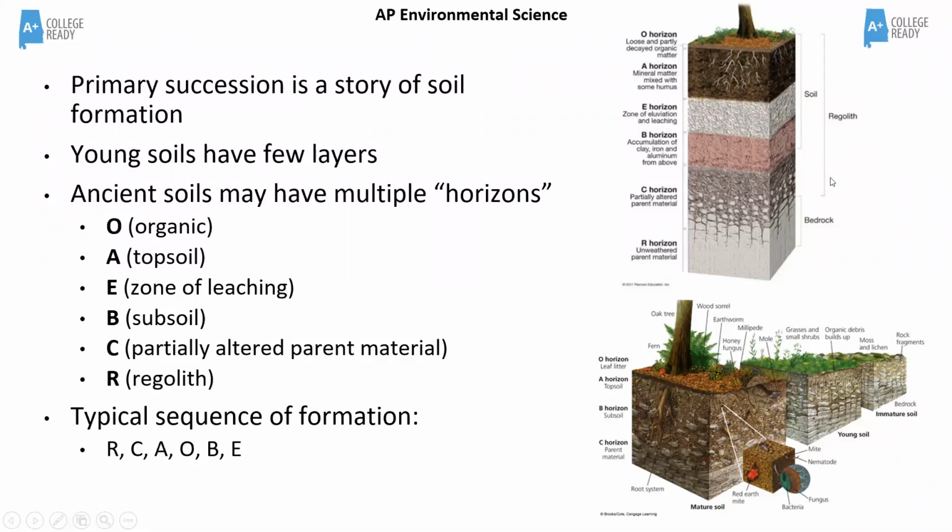On the top right, we've got a diagram of what's known as a soil profile, and it's showing you these layers, which are known as horizons. Because if you can imagine them, they go on horizontally for miles in some cases. And so they're in the order in which they appear from the surface downward. This is not the sequence in which they are formed necessarily, but it is the vertical sequence from top to bottom. On the very top, you typically have what's called an O horizon, and the O stands for organic,